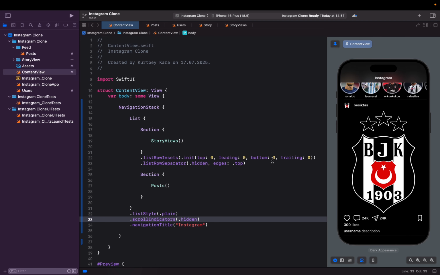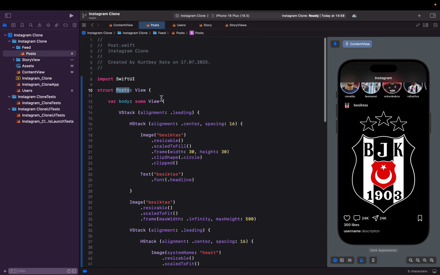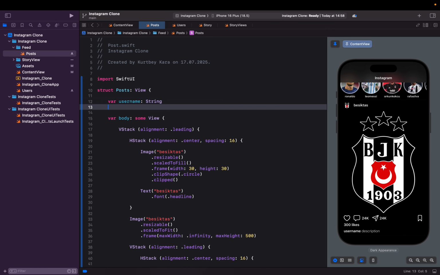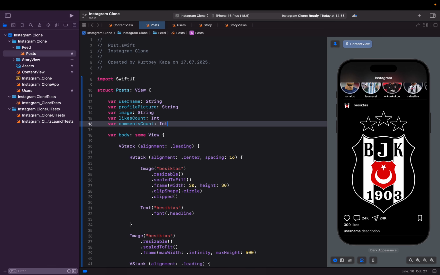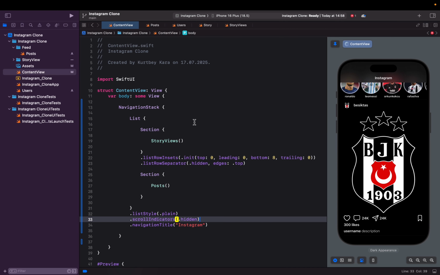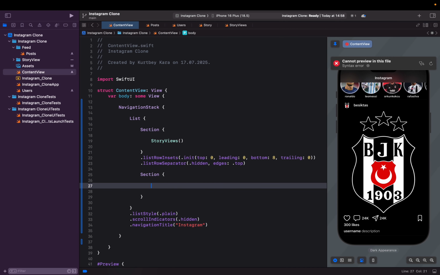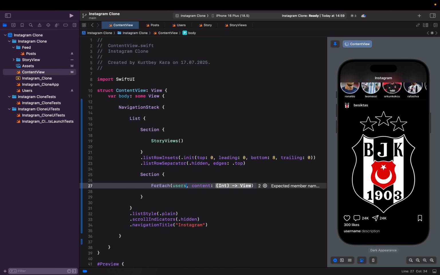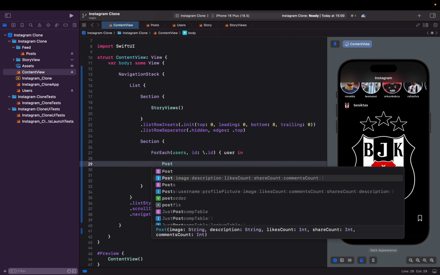And now I will make posts adjustable by giving values again. Let's say var username is going to be a string. It's going to be a string too. Let's give those values here. Let me create the ForEach here. Let's say ForEach. I'm going to say users and delete this and add an ID of backslash dot ID. Okay, user in. Now I can say posts,